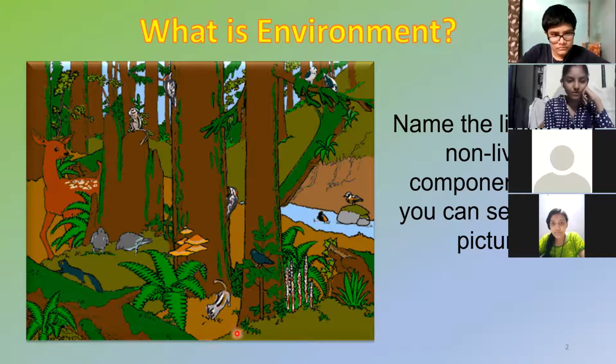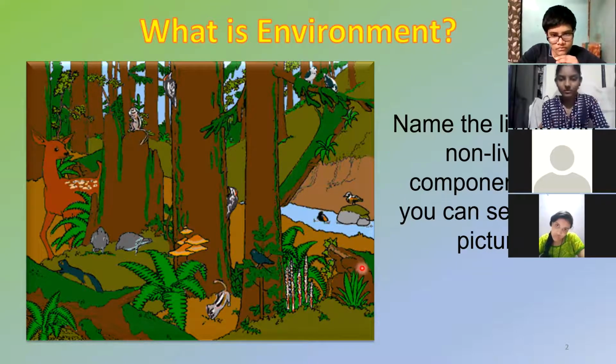Then what else can you see? You can see small mosses and lichens growing on the tree trunks. Here on the stone also, you see green color, look. And there is one more thing which you cannot see in the picture, but again you know that it is there among the living things. And that is, any guess? Chameleon.